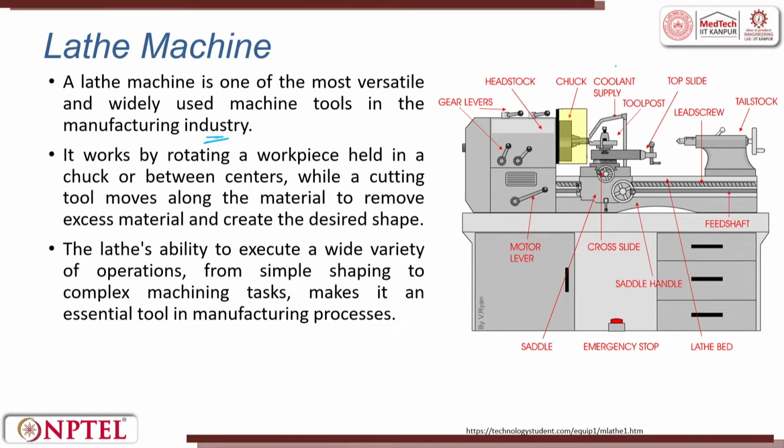So, if you see a typical lathe machine, you will have a motor. So, here you will have a motor. This motor will try to give the RPM. So, now you have to control or restrict the RPM. So, you will have a gearbox. Now, this gearbox will try to maintain the speed which will be attached to a spindle. So, in this spindle you load your workpiece. If you see the entire story, it is here.